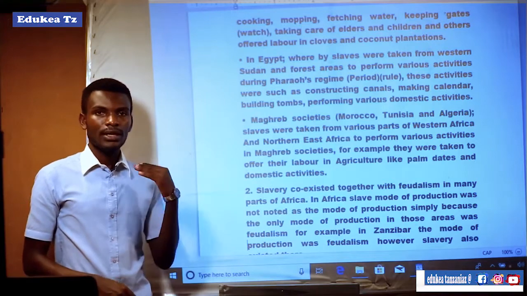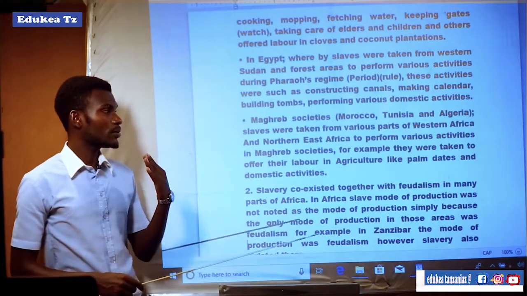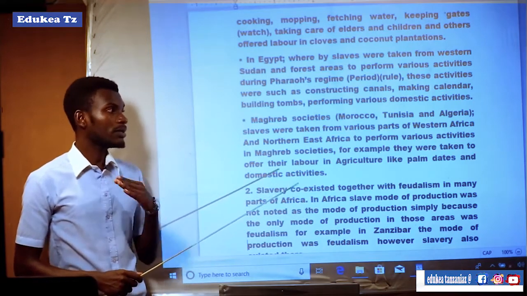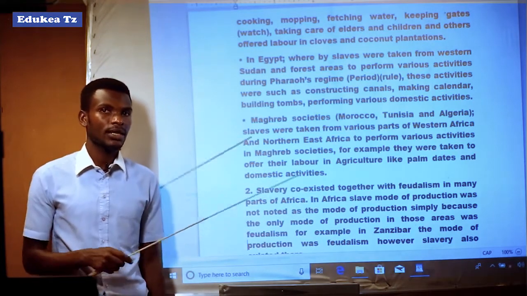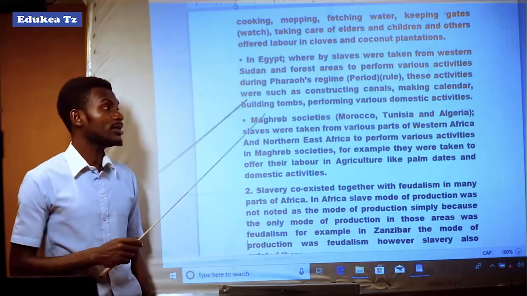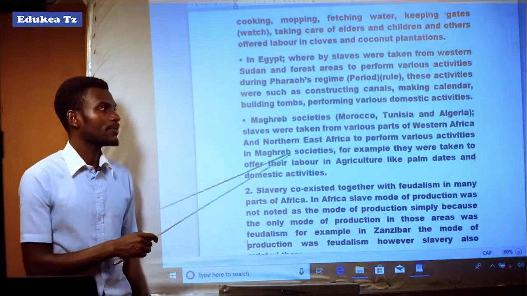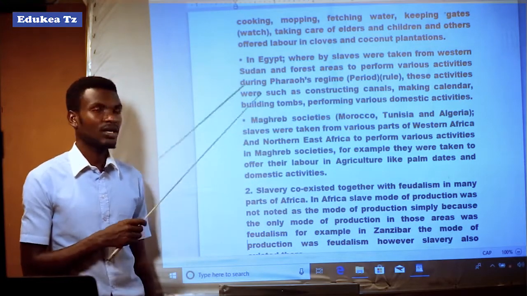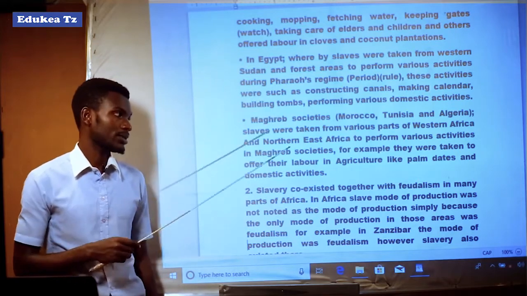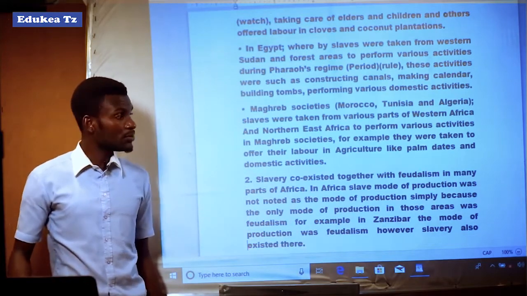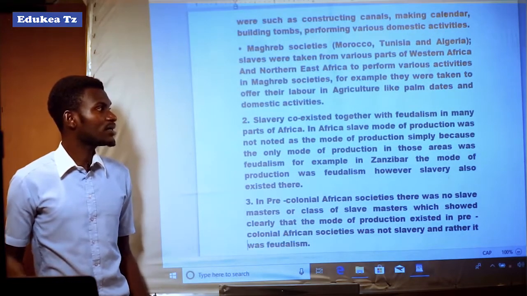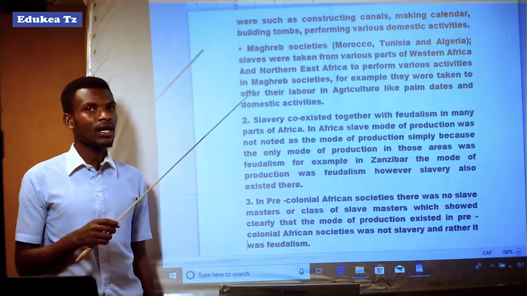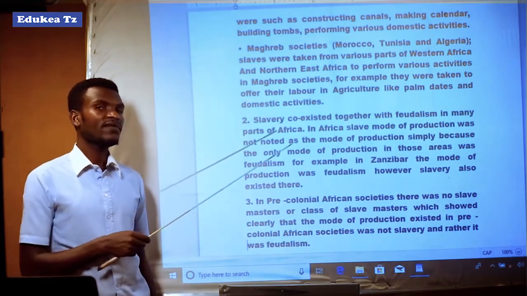It means that the slaves were taken from Western Africa and Northeast Africa to perform various works in the Maghreb society, including Morocco, Tunisia, and Algeria. And that's why slavery was considered as an institution in Africa and not as a mode of production. But the second reason that made Africa not develop slavery as a mode of production